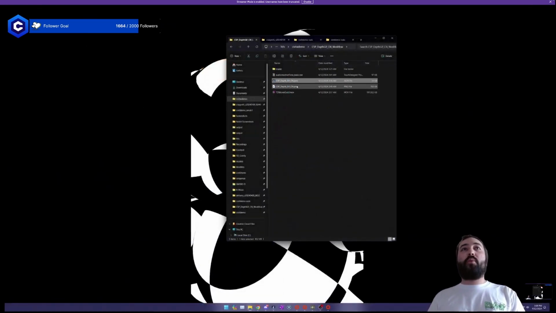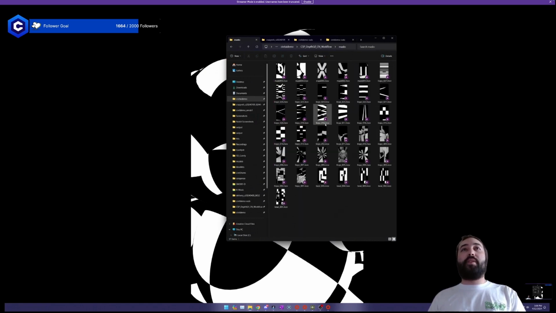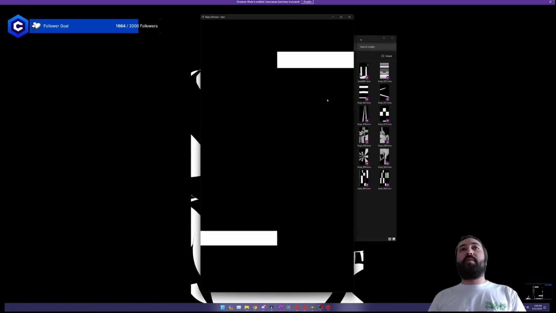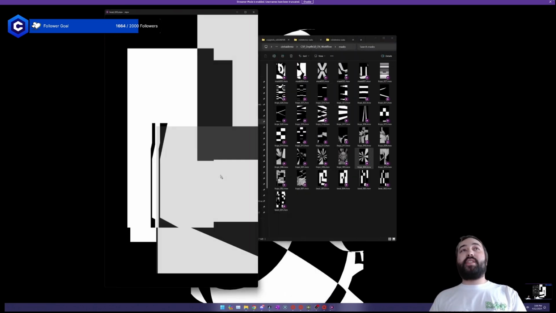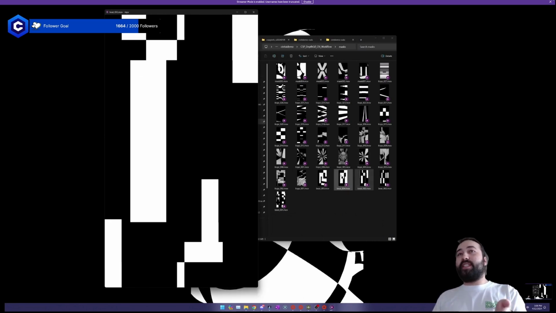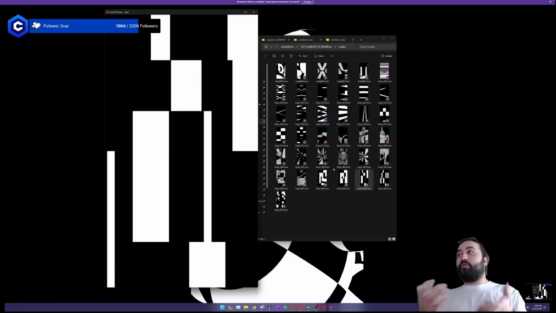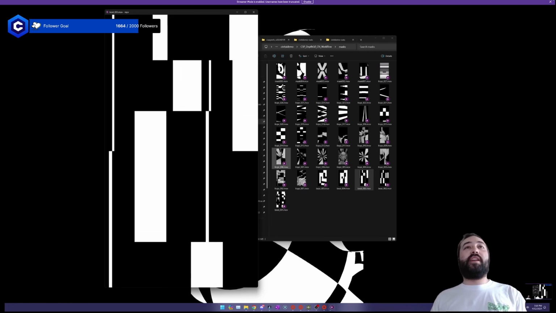You're going to get the Comfy UI workflows, and there's also a bunch of masks for you to play with. I included a bunch that I've made lots of content with, and we're going to use these as depth maps in AnimateDiff. Even though they're just straight black and white, we're going to input them as depth maps, and it's going to creatively interpret and figure out what it should be.